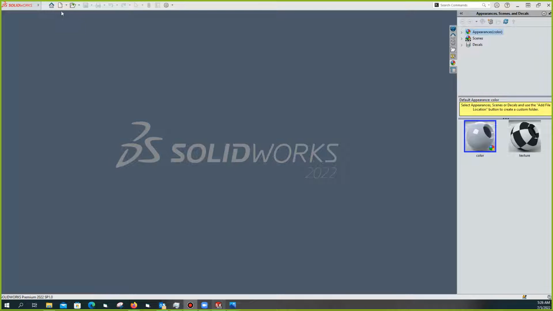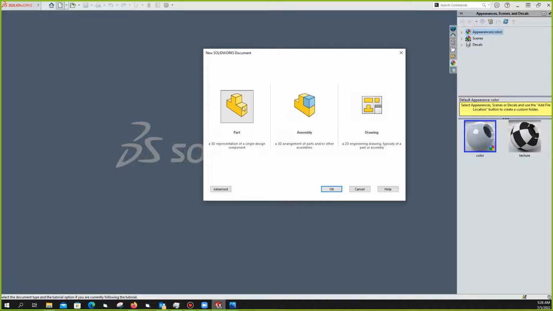So you go direct to part, you click here, or you can, there is a shortcut Ctrl N, but I prefer this one. We are going to open our part module to start designing, because mainly SolidWorks is made up of these three parts, or these three modules, even though we shall look at other components, but those ones are main. These are the major three, because for example, if you are looking at designing a machine, a complete machine,